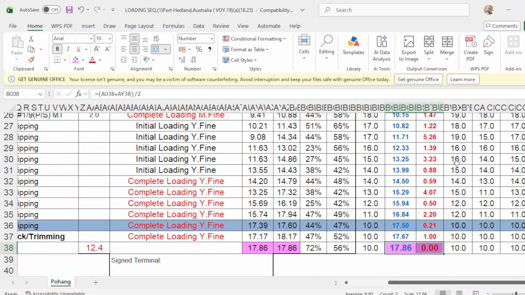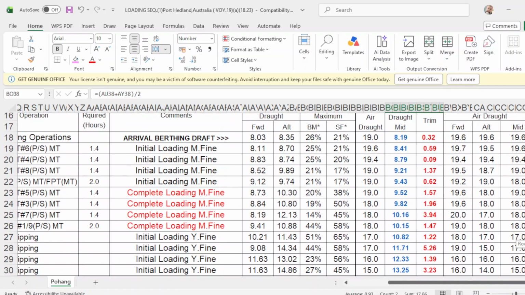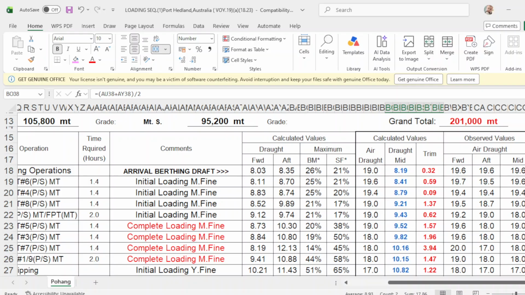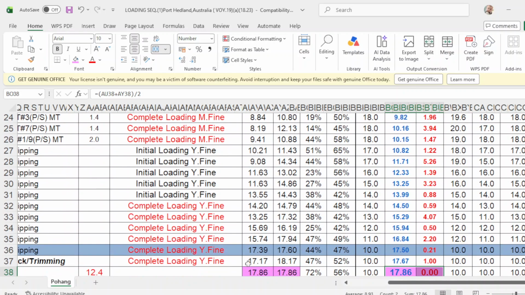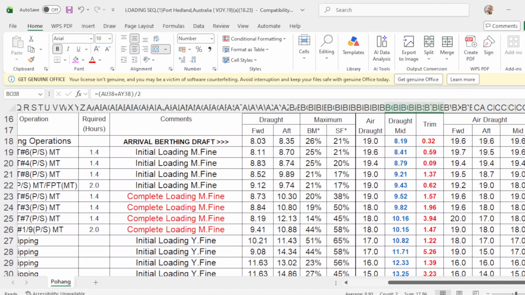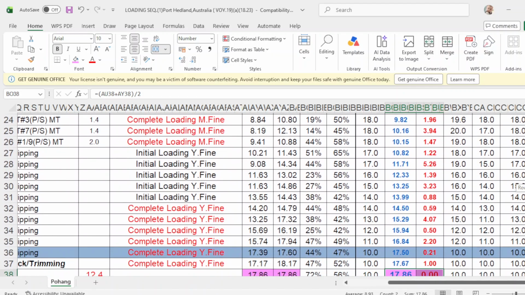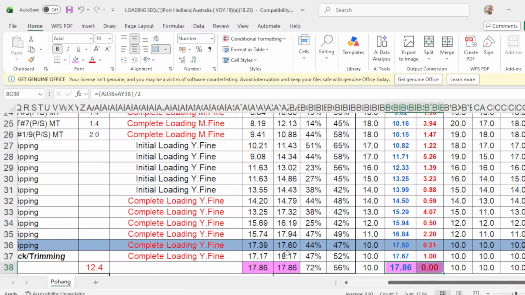And then after that, they went back to the ship, and they both agreed that forward draft is 17.39 meters, and aft draft is 17.60 meters, and the mid draft is 17.50, and the trim is 0.21. Okay,